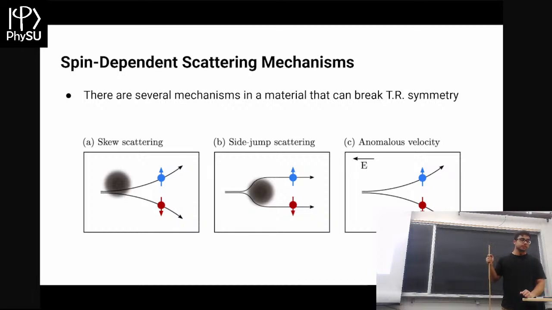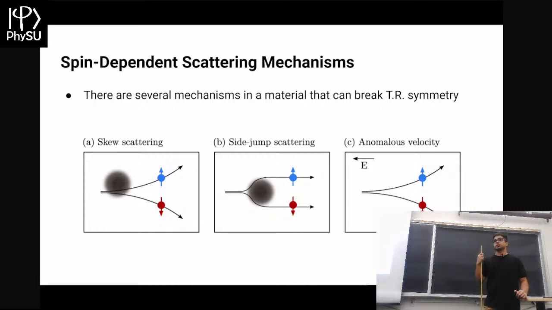In a real system, there are a few mechanisms. On the left two here, these are scattering off of impurities. You could imagine some sort of impurity in your crystal, something that you don't want, say, in a piece of diamond made of a bunch of carbon, but you could have a piece of silicon in there, just randomly spread out. That's just how crystals are in real life. Off of this, they somehow couple to the spin. Depending on the spin of the electron, it'll deflect in one of the directions. There's another type where, instead of changing the direction it's moving along, it'll just provide a little kick, either up or down. And then there's this